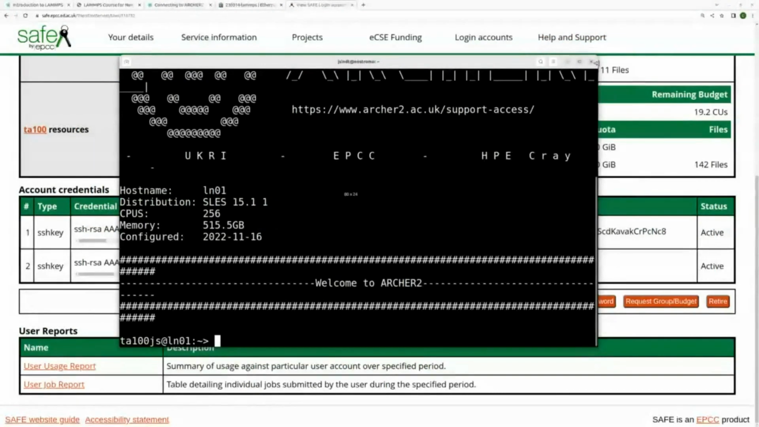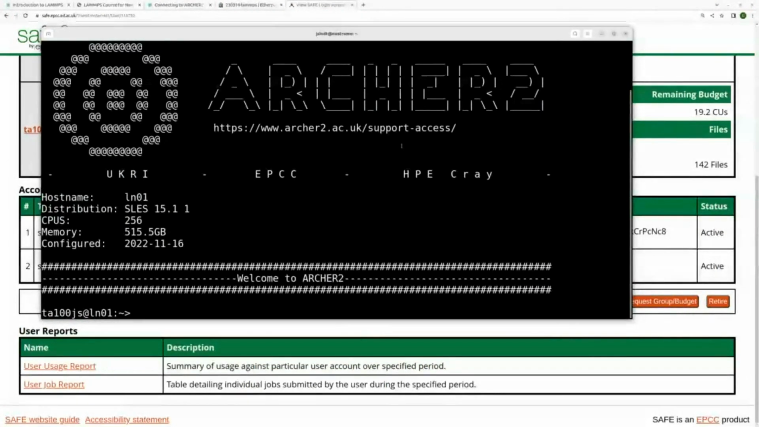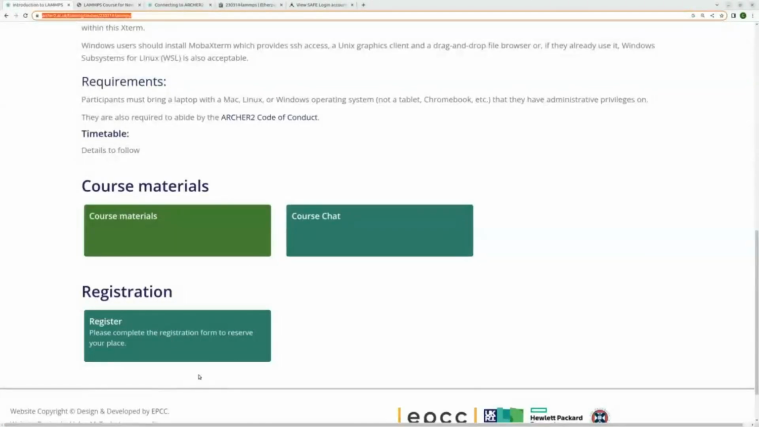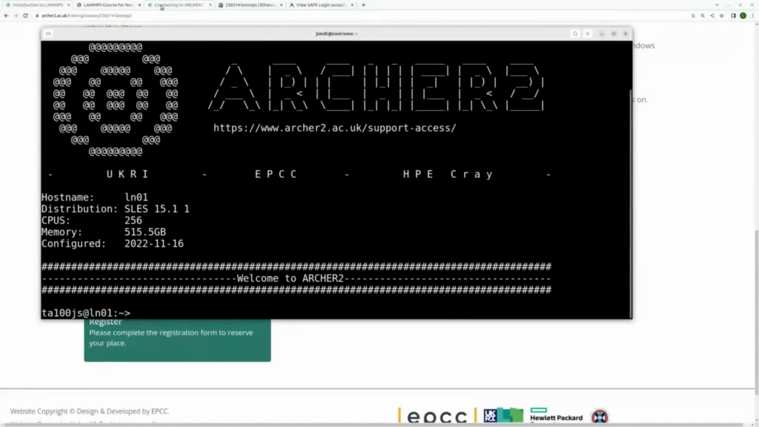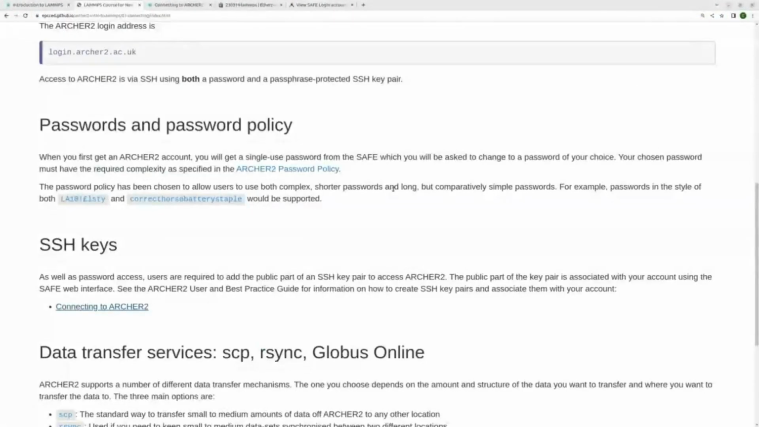If I remembered my password. It's always one of those little victories when I remember my password. And at this stage, we are logged into ARCHER2. So in terms of the course,